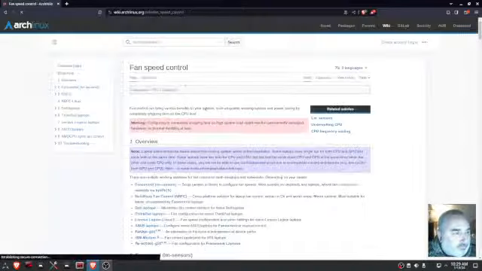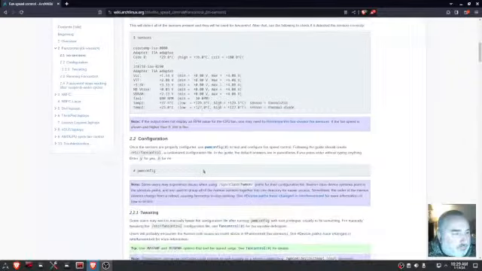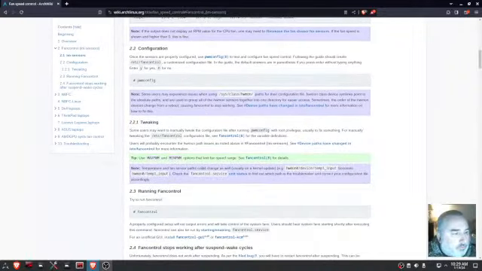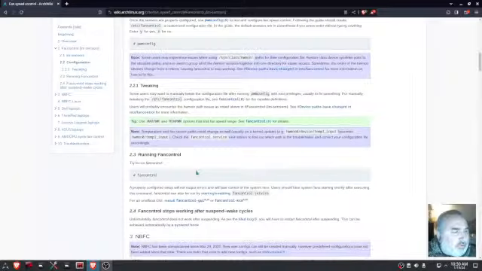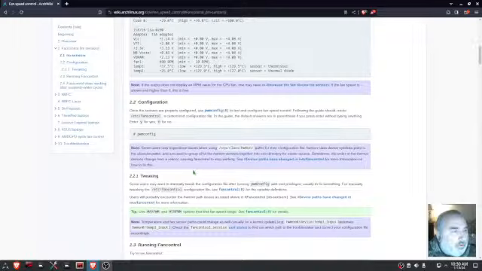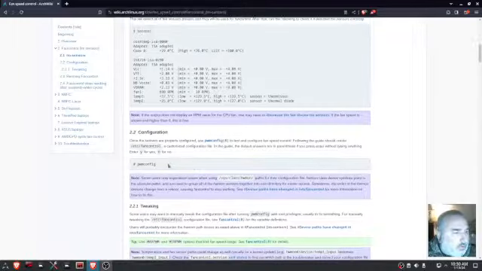Fan control. Does it already have fan control? Oh, well, we're going to find out.